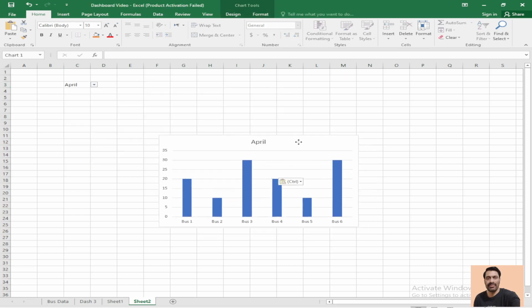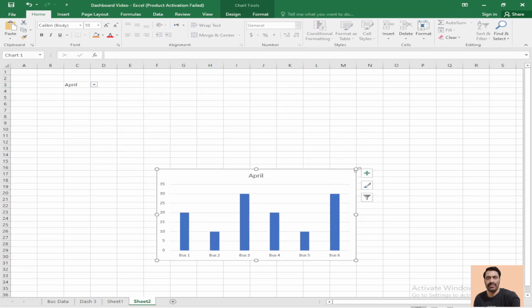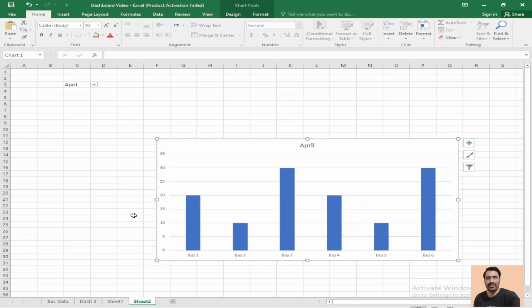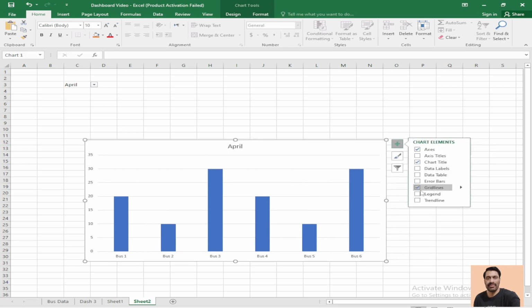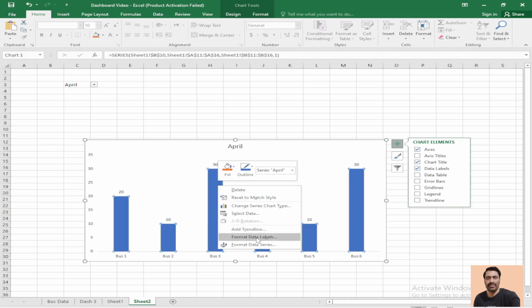Move it a little down here, and you may expand it a little to give it a good look. Okay, press this plus sign and remove the grid lines from here, uncheck it, and check the data label. So this will give the data label here. Then click any of the bars, escape, and all these bars should be selected. All bars selected, right click,